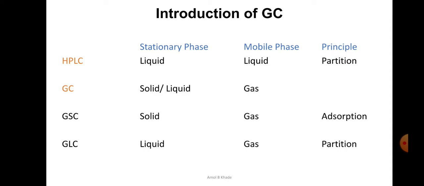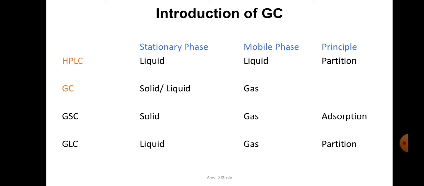but the mobile phase is always gaseous in nature. So this is the only technique in which the gas acts as a mobile phase. Usually we take inert gases, and these inert gases act as a mobile phase, carrying our solute components which we inject in a column that has a solid or liquid as a stationary phase. So based on what stationary phase it has, we can classify gas chromatography into two types of GC.